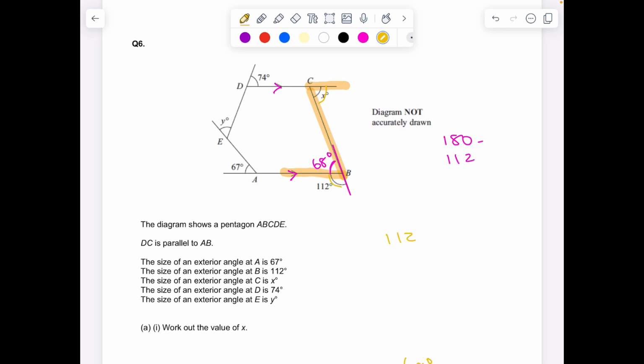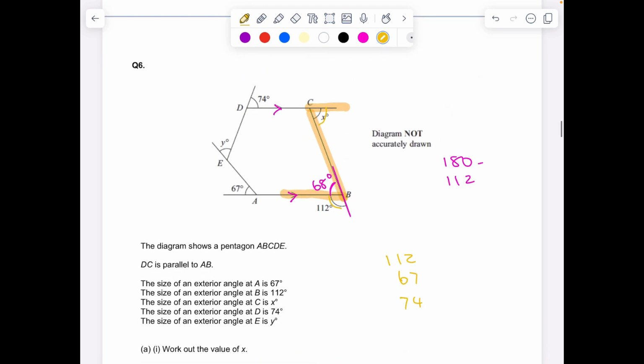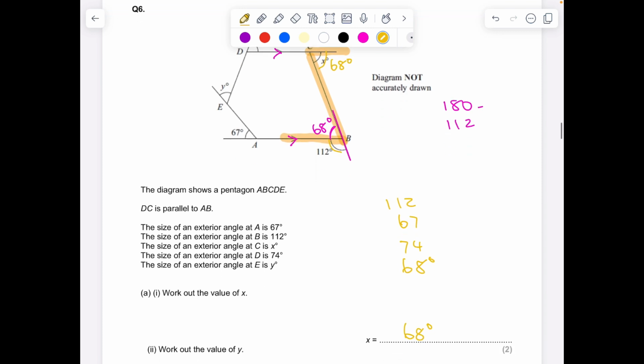This one, 67. And then 74. We know this one now is 68. So we've got 4 of them, and we're just trying to find the 5th one, so that's fine. Nice and easy. So we add them all up, and then we subtract that from